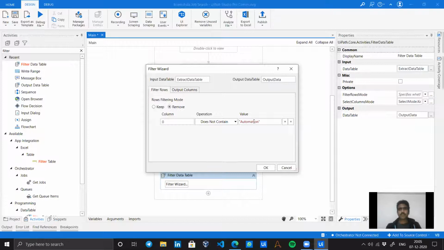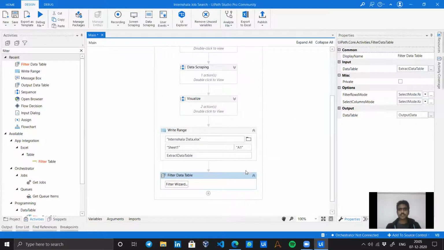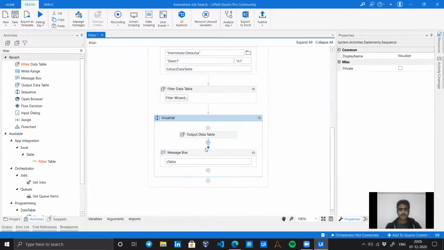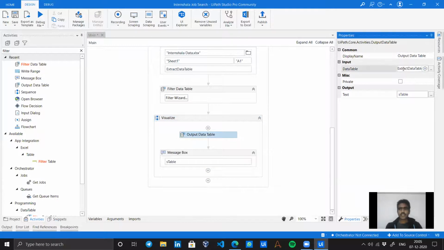If the job profile name has nothing like that, then remove it. And again I can visualize it. Over here just write your new data, and we are done.